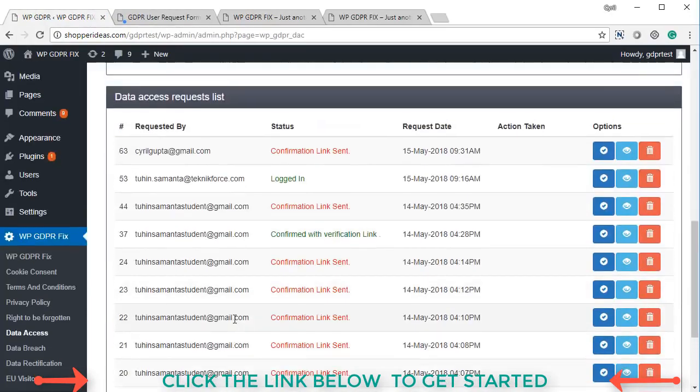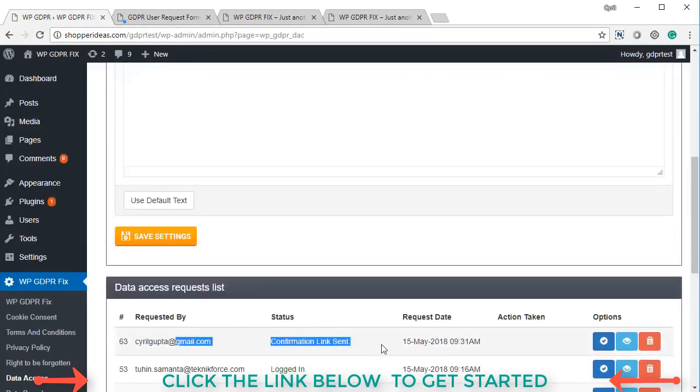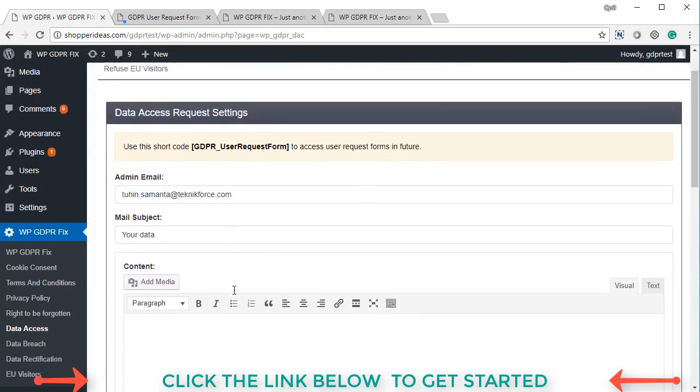So if you refresh, you can see that I just filed the request by my own ID, and a confirmation link was sent. So if I agree to actually access the data, if somebody has done it on anyone else's behalf, then of course they won't get the data. So there will be a confirmation mail going to them asking them to confirm that they've actually requested the data that they've requested, and when they say yes, the data will be sent to them using the